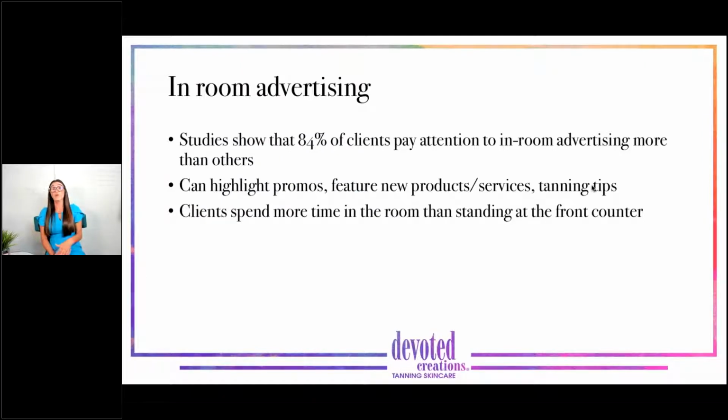In-room advertising. So here's another aspect of making your space kind of pop a little bit more. So in-room advertising would be considered kind of any sign or any call out that you have in every room that you have in the salon, whether it's the bathroom, your red light room, your spray room, anything like that. They all have to have the same thing in them, especially if you're kind of highlighting one specific thing. So studies show that 84% of clients actually pay attention to in-room advertising more than